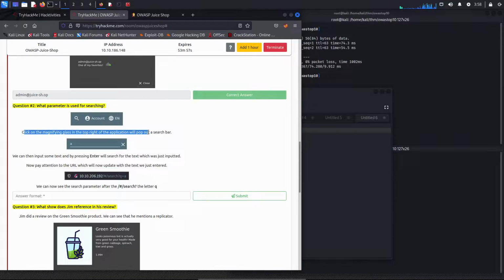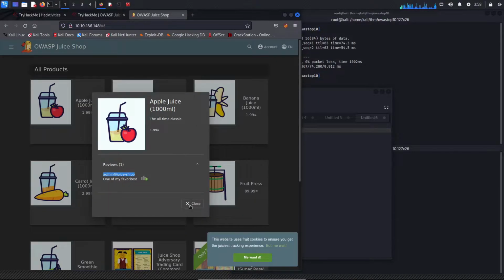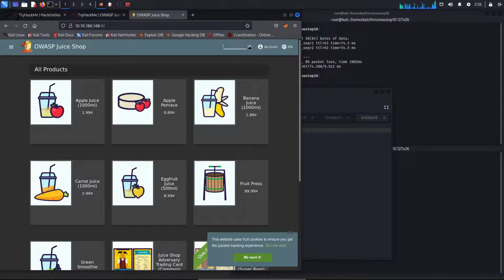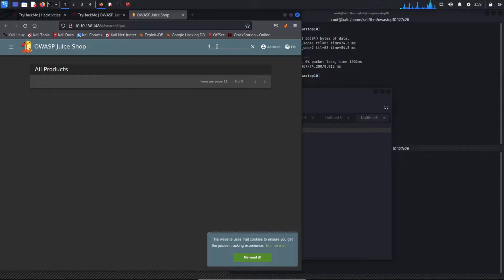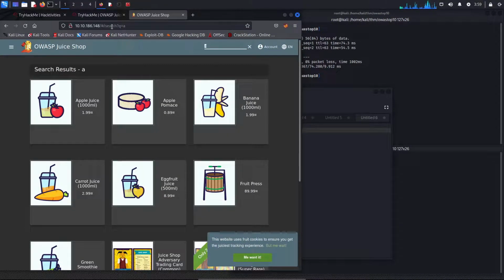The next question: what parameter is used for searching? By clicking on the magnifying glass to search, we can see that the search adds the letter Q. So if we search for A, we should see the search parameter. Let's click search, and we can see that this string is being added to the URL.